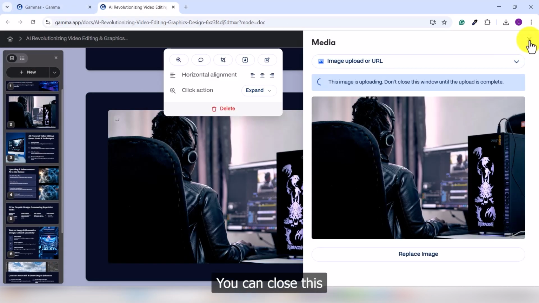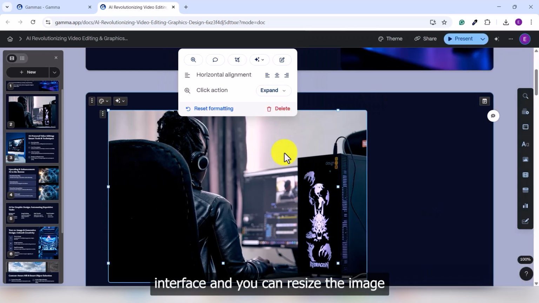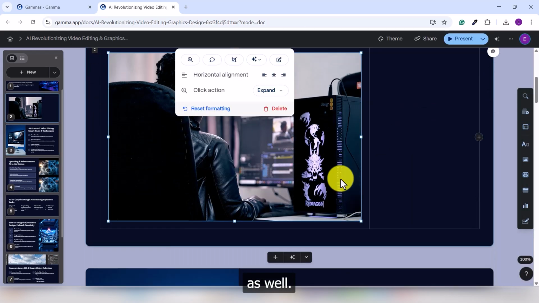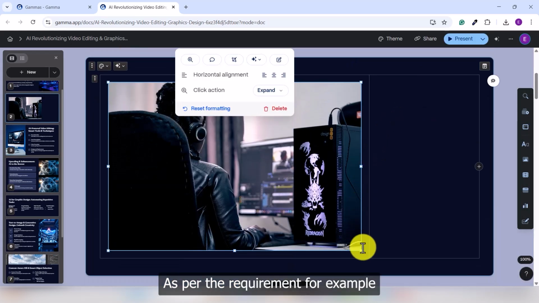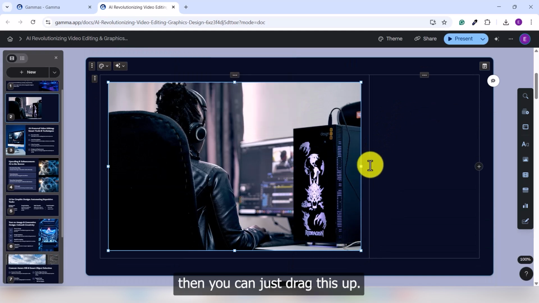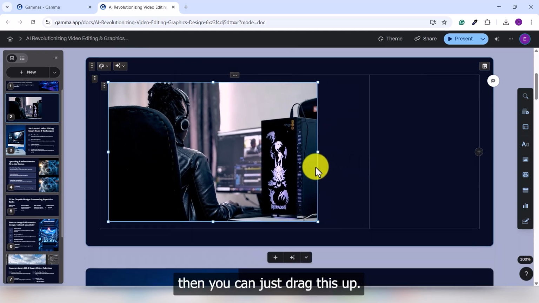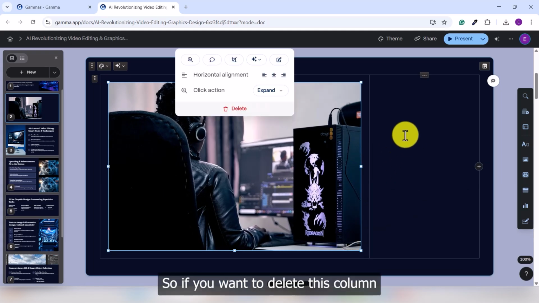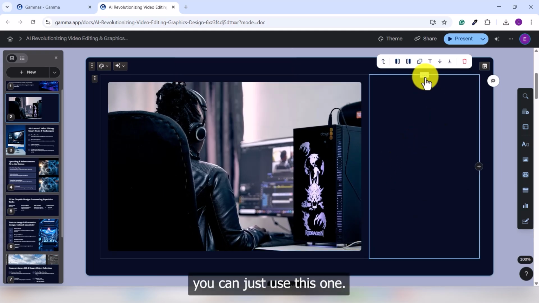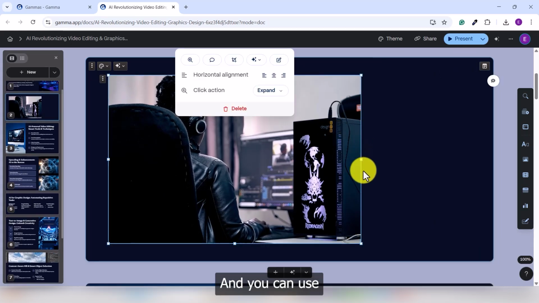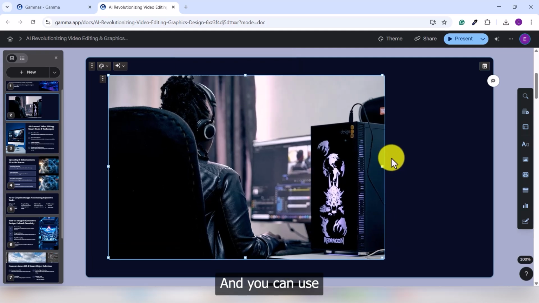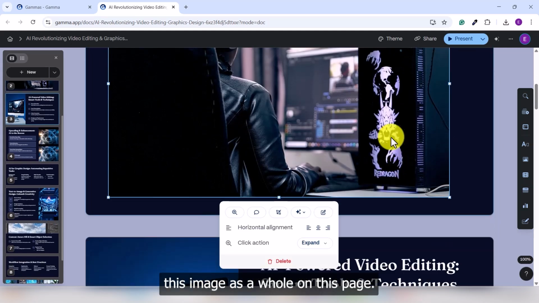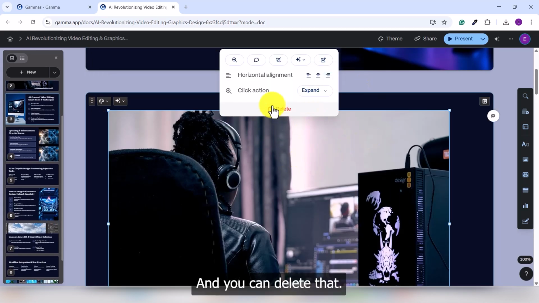You can close this interface, and you can resize the image as per the requirement. For example, if you want to extend this, then you can just drag this up, and you can use the mouse by just resizing that. So if you want to delete this column, you can just use this one, and you can use this image as a whole on this page, and you can delete that,